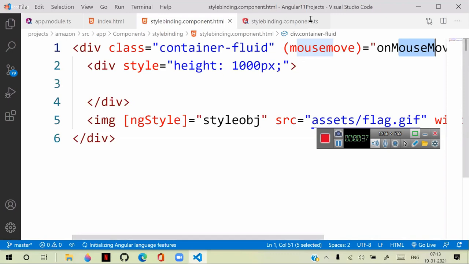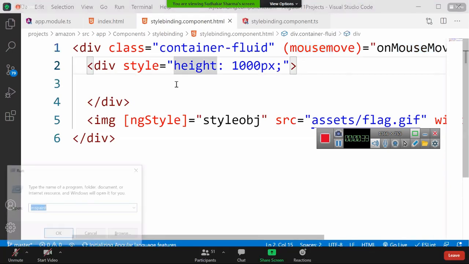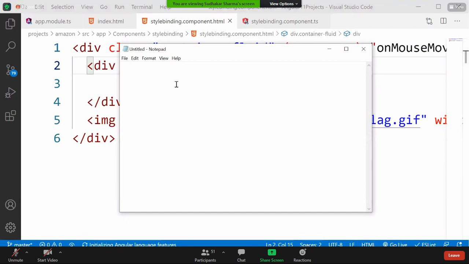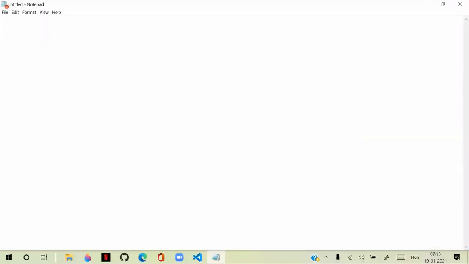so now another important thing in Angular we need to understand is event binding. Event binding. Event binding generally is the same as